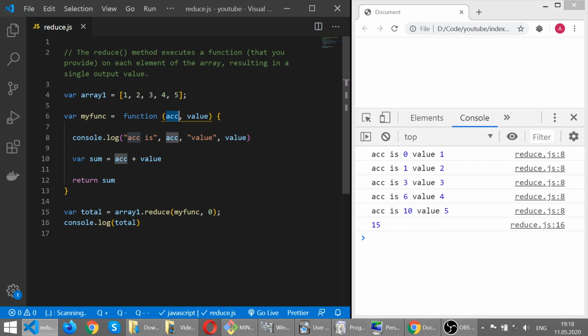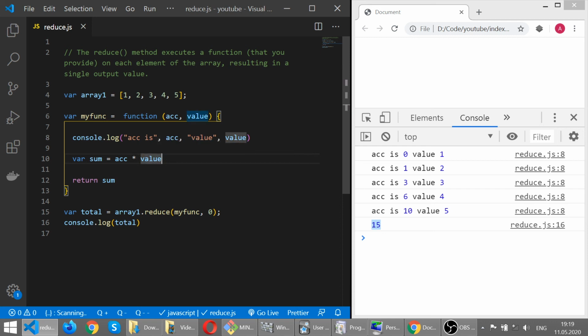So on the next iteration for the second item, the accumulator is already 1, which we can see here in the console. So we add up 1 to the second item, which will be 3, and we'll pass the number 3 to the next iteration, and so on and so on. So eventually we are getting 15, which is a correct number. And you also can, depends on your goal,